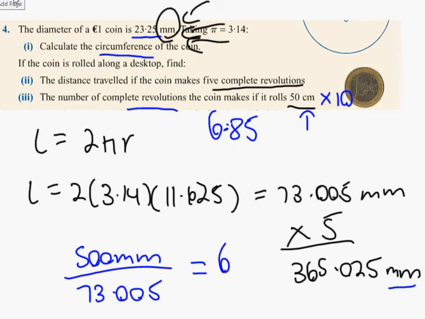You know what a revolution is? Every time it turns around. That's 1 revolution. It's 2 revolutions. See the 1, 2. That's a revolution. Okay? Now,